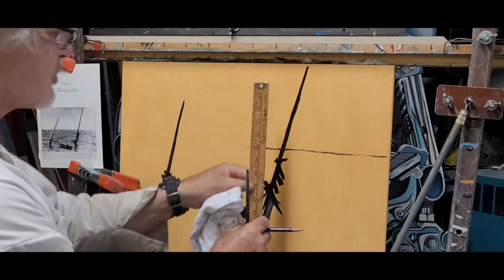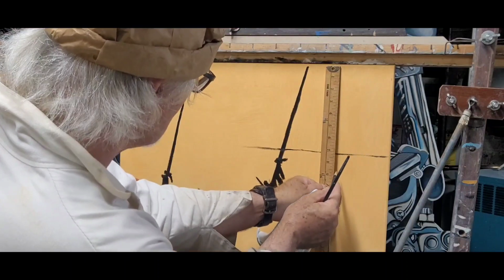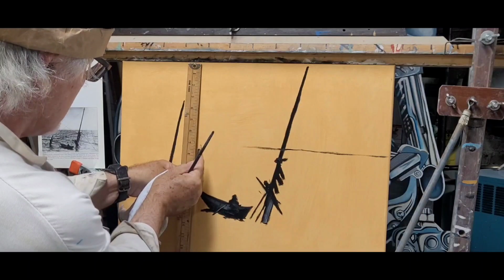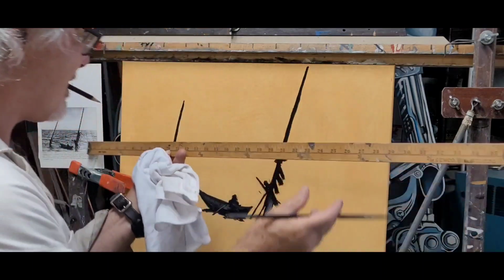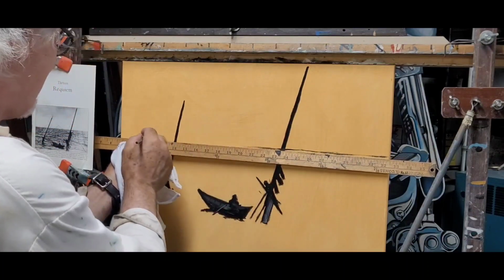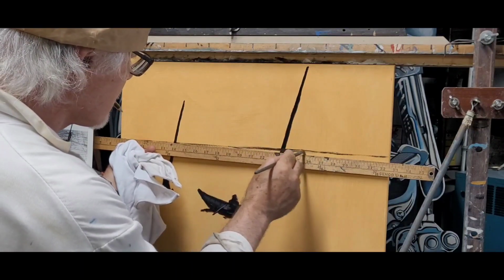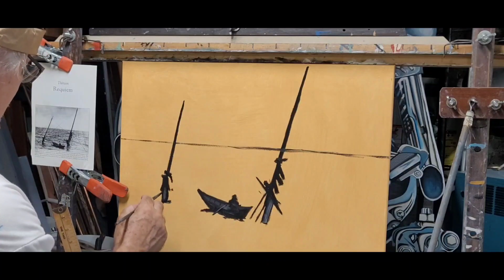Okay, I'm back. And what I'm going to do is use the ruler this time. We're going to measure down 7 inches here. Got 7 inches there. And 7 inches right here. Okay. And then what I'm going to do is put the pencil in my mouth. I'm going to take a little black. And we're going to make sure we get a nice straight. This is the horizon line right here. We want to make sure it's a little straight. So we're going to go like this. Now we got the basic lines that we're going to need for this picture